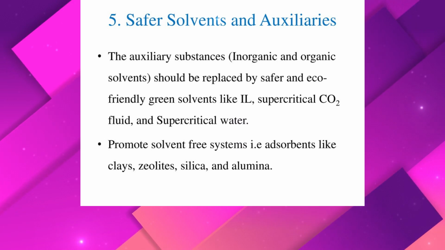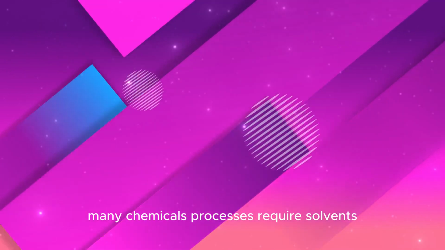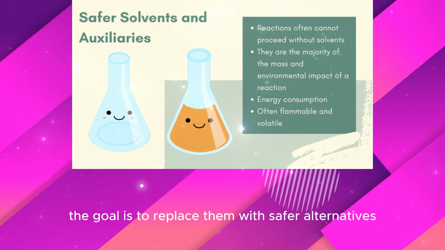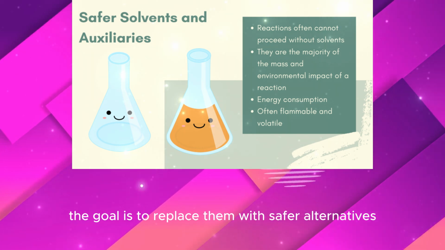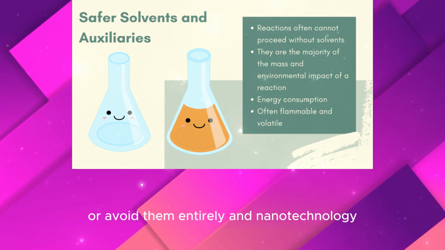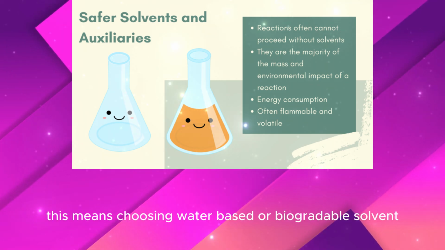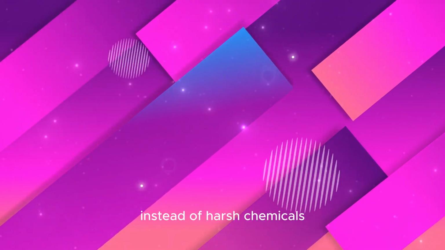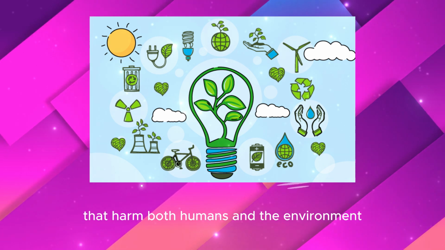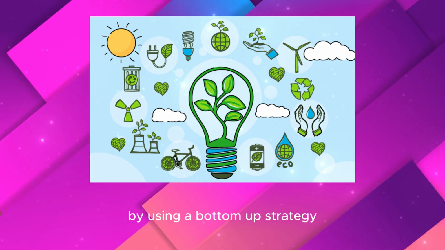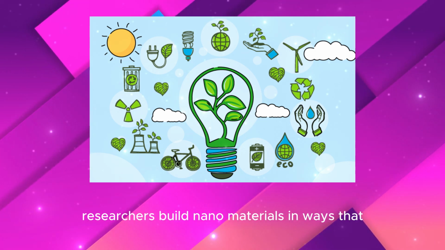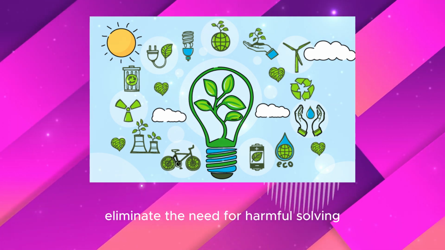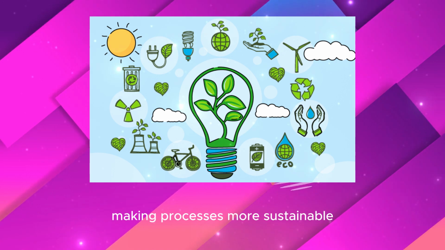Use safer solvents. Many chemical processes require solvents, which can be toxic or hazardous. The goal is to replace them with safer alternatives or avoid them entirely. In nanotechnology, this means choosing water-based or biodegradable solvents instead of harsh chemicals that harm both humans and the environment. By using a bottom-up strategy, researchers build nanomaterials in ways that eliminate the need for harmful solvents, making processes more